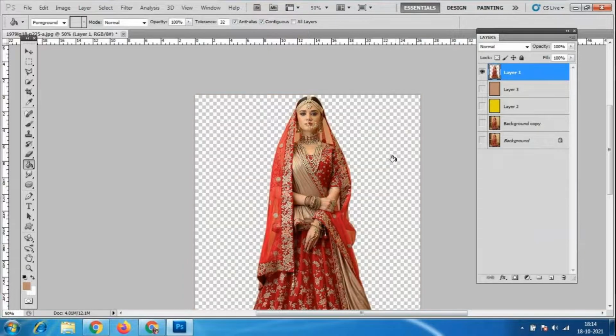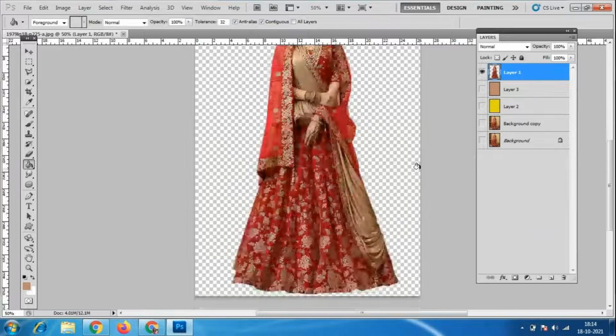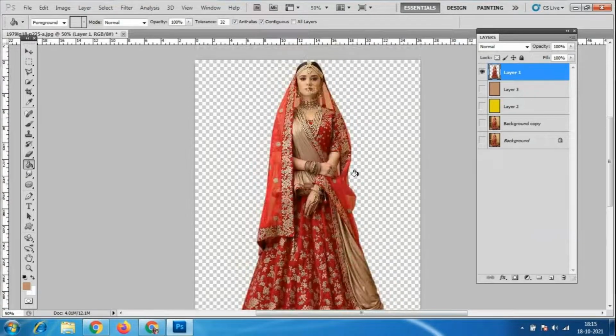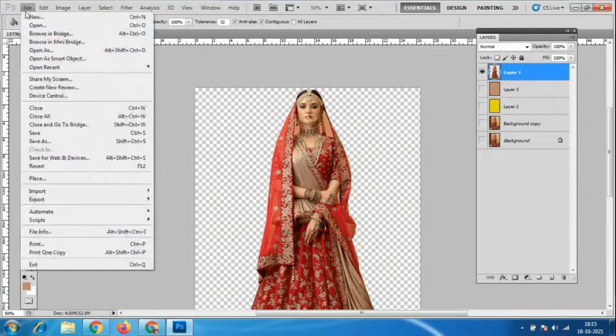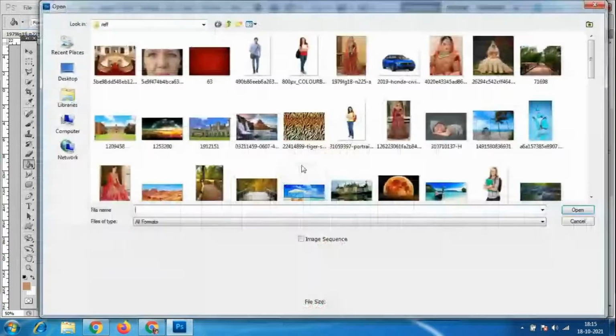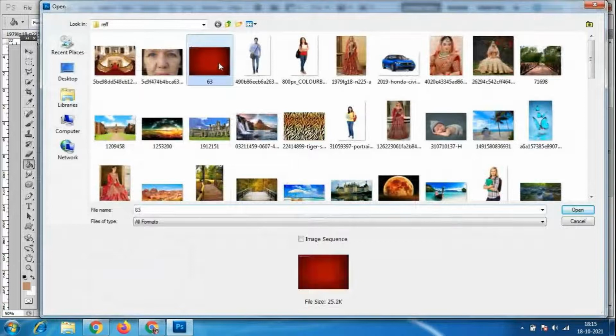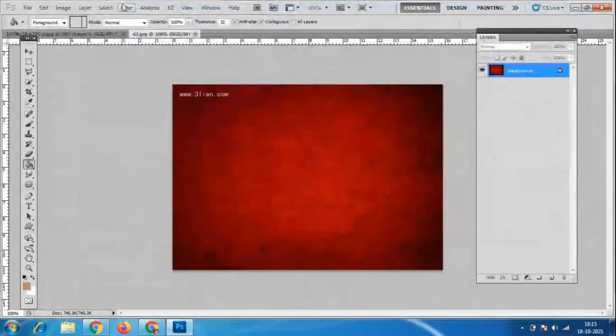So better what we will do, any background we can add anytime. That means we have to always keep everything in a different layer. Okay, so now I can bring the background for this only. Suppose I want a different background for this, so I'll just add a different plain color background like this.